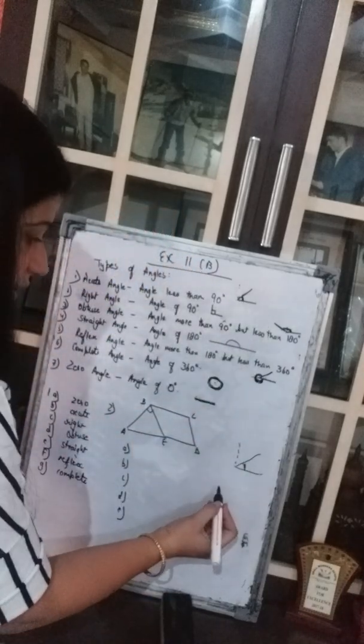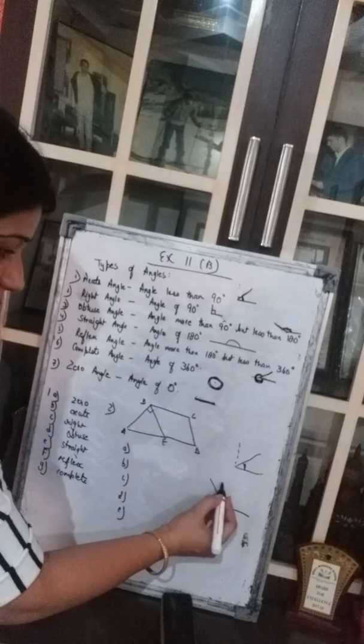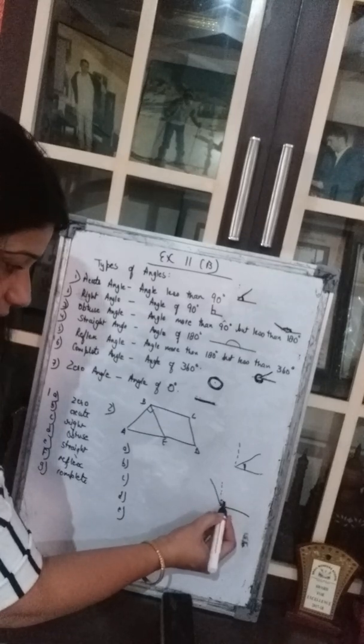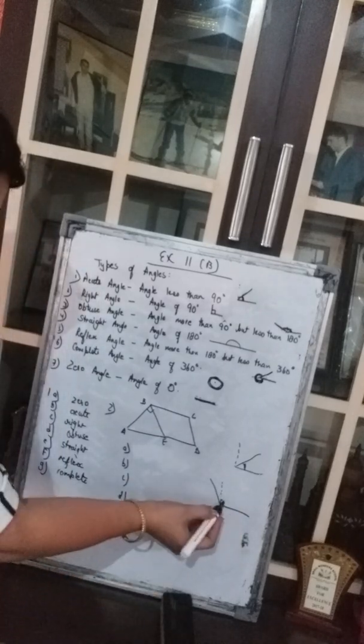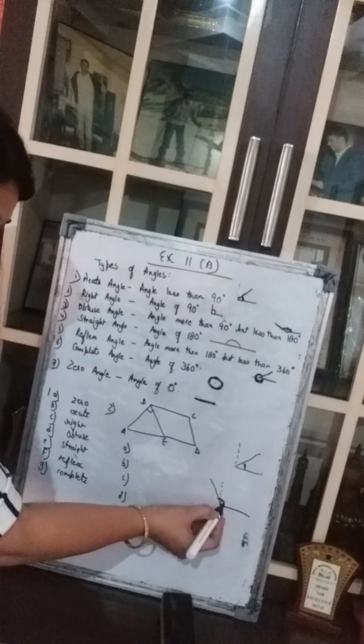Now what comes to the D part? D part is, see, it is more than 90 degree. Why? See, it is like this. Okay. Had it been a 90 degree, it would have been like this. This angle would have been 90 degree, right? But you can see that this angle is more than 90 degree. So this is an obtuse angle. Now we come to this. Both the lines are exactly opposite to each other making a straight line. So this angle is straight angle.